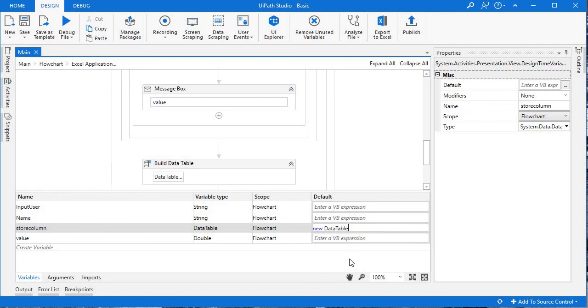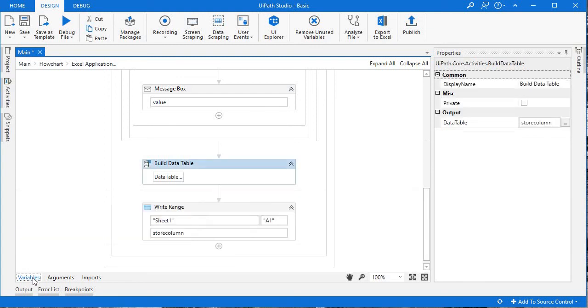This is the process of initialization in UiPath. You need to initialize any kind of variable in this default panel with the help of this new parameter. Now running this file.